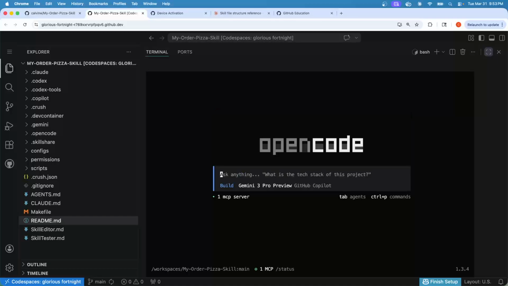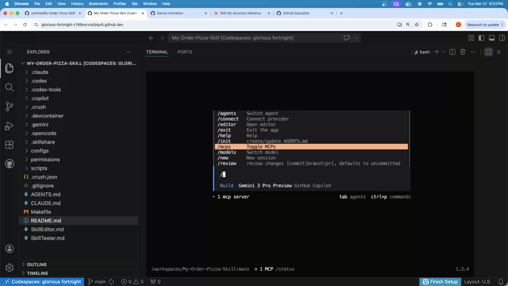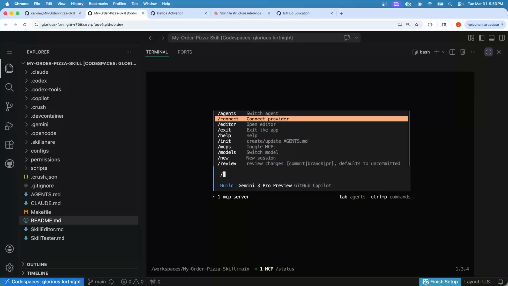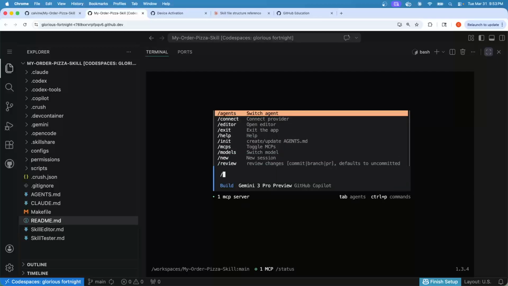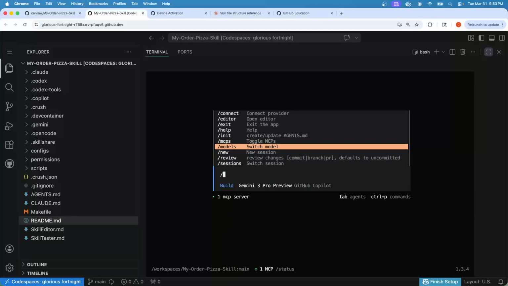But the way most of these tools work is you type a / and then you have access to a bunch of different commands that you can issue, and you can use the arrow keys to kind of go through them. There you can see all the things that you can do, at least from the terminal here, or at least from the prompt window here. And so I'm going to go off to where it says models so I can switch